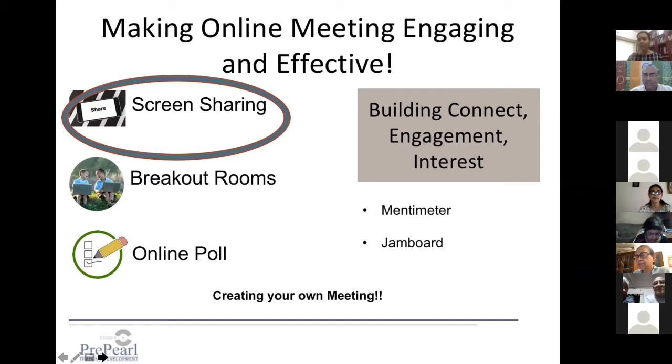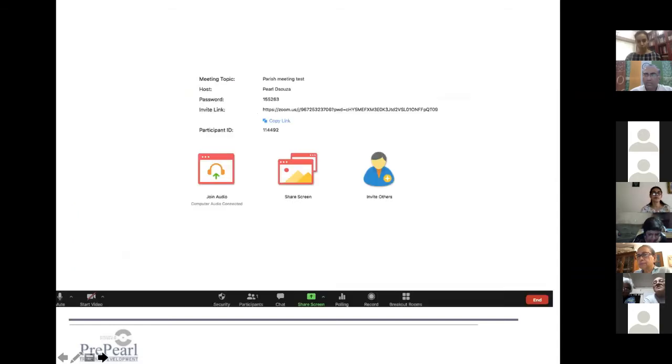Screen sharing is something that you can also do on your phone. Now what I'm doing is showing you a snapshot of what all of this looks like. This snapshot is of my laptop. When I come in, this is what my laptop looks like. Can you see all of those options below? That's basically on Zoom. That is the only place you have to go to if you're a host, because all the options are right down on your laptop.